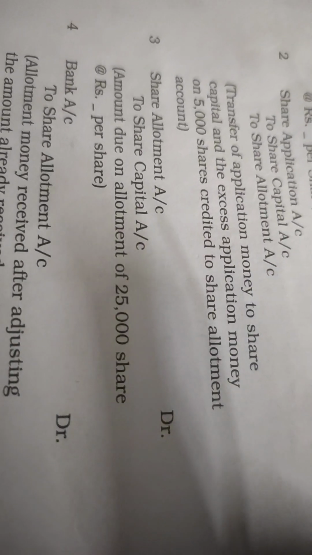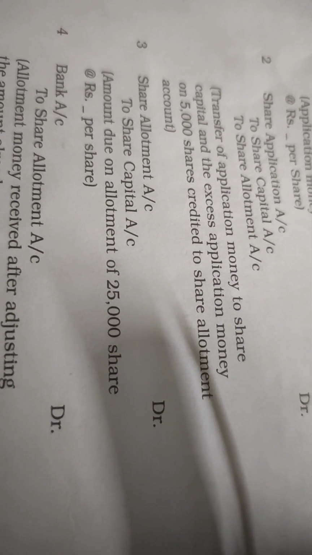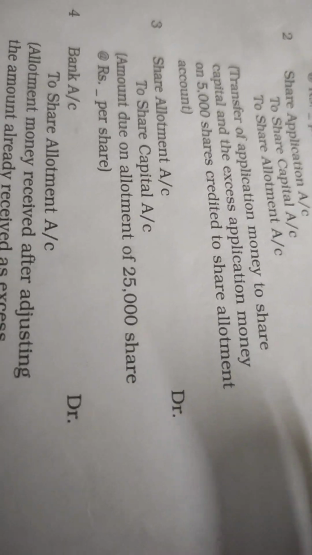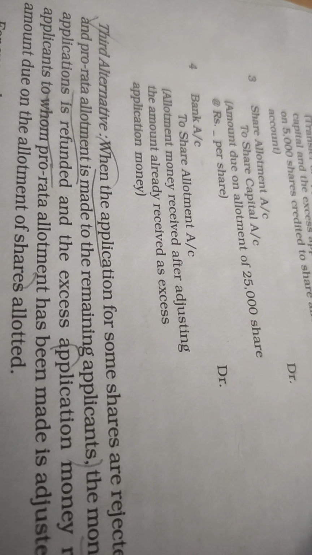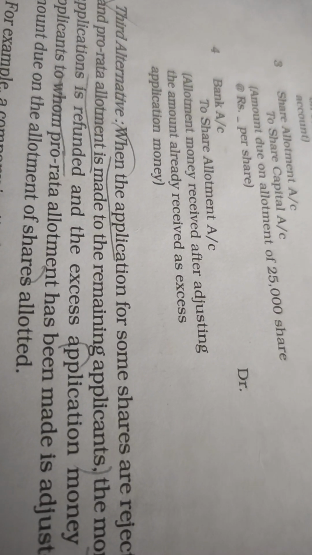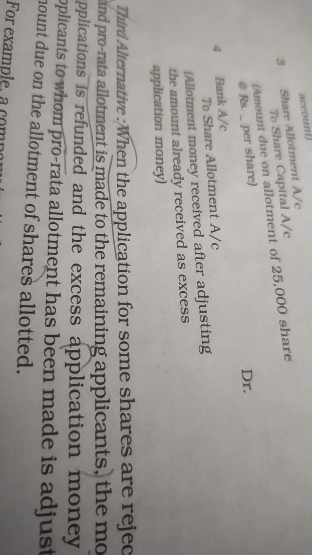Then share allotment account debited to share capital account, the amount due on allotment. Then bank account debited to share allotment account, being the allotment money received after adjusting the amount already received as